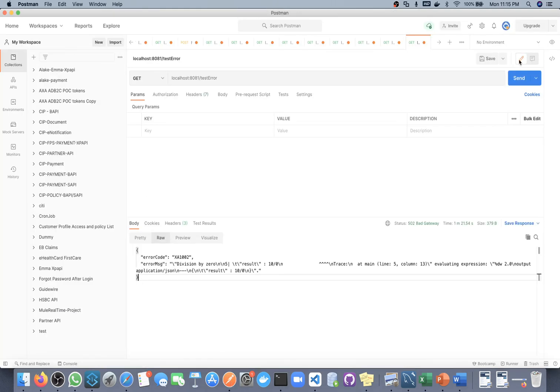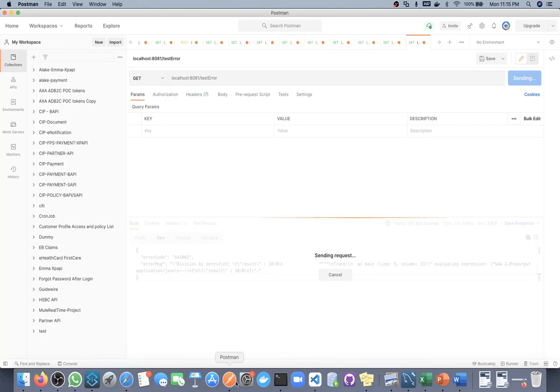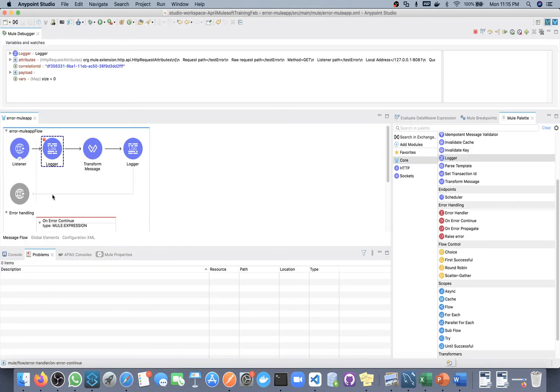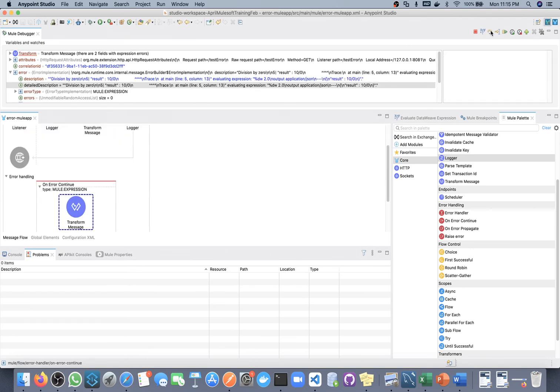Deployment done. We'll call this API. We will go in debug mode and we'll see. So we are at this point. Okay, we are calling this DataWeave expression. It's failing here.